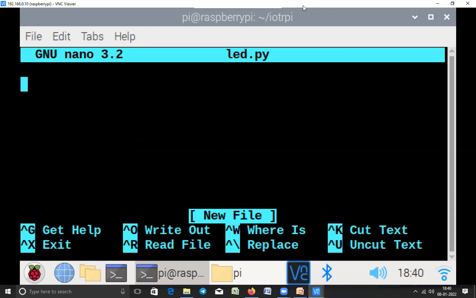Can anyone name a few libraries in Python? Just type. Maybe some of you know about Python, right? One or two people, maybe learning Python. So you know Python libraries or Python packages. Yeah, anyone, can you please type some library in Python? You can type any answer. It's not mandatory.